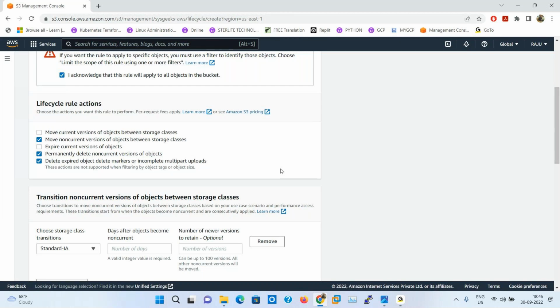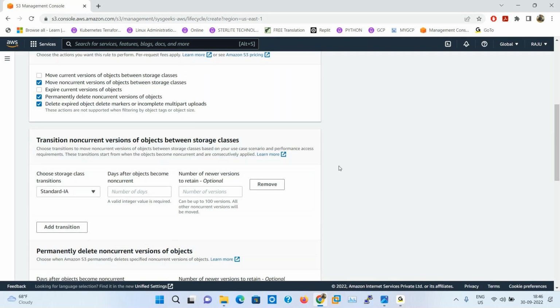Now I selected some options. Based on the options, here we can write the rule. Choose storage class transition: Standard IA. If you upload any object with any storage class, it moves to Standard IA after 30 days. If you write less than 30 days, it is not accepted; the minimum is 30 days, so that's why 30 days.